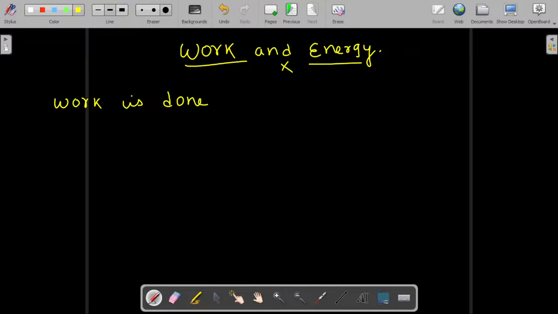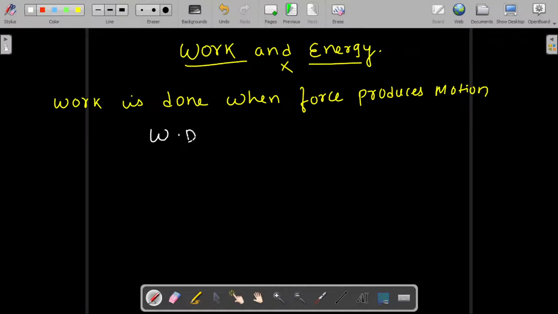Write down, work is done when force produces motion. Next you write down work done by force. Work done by force depends on